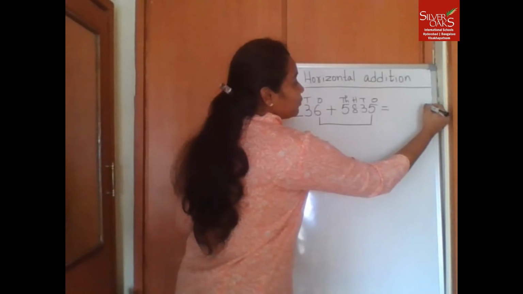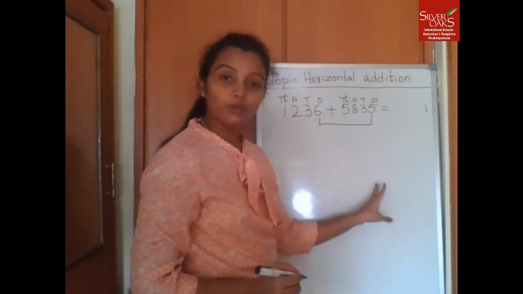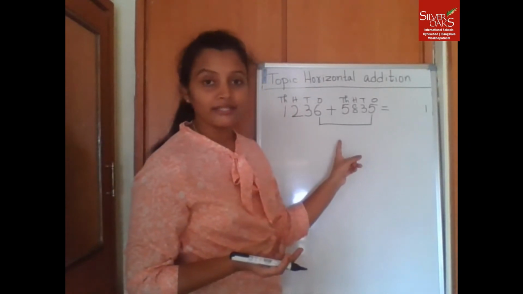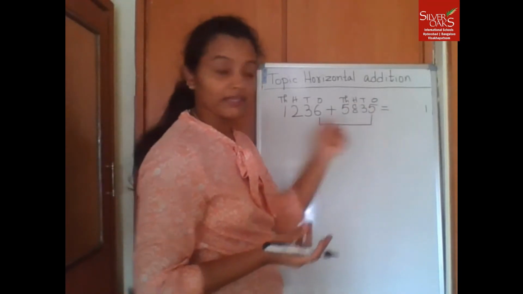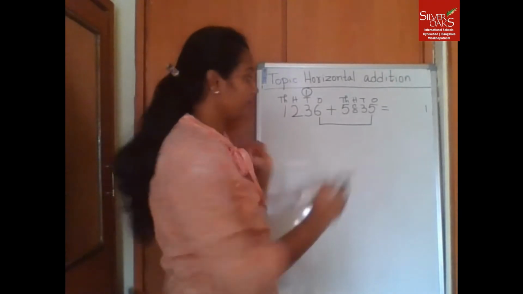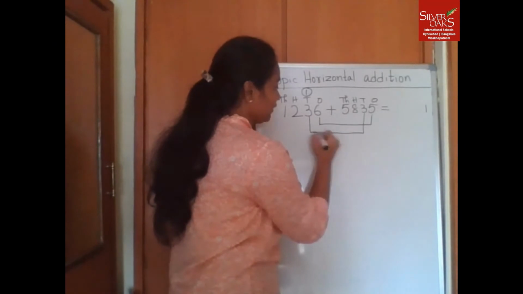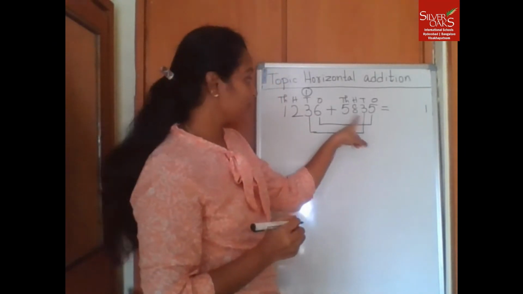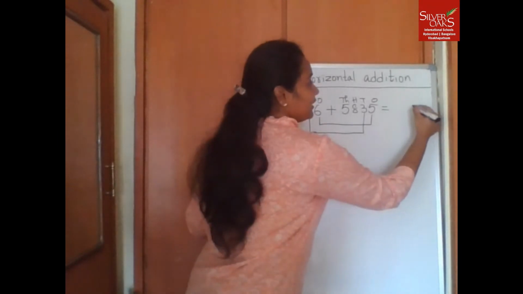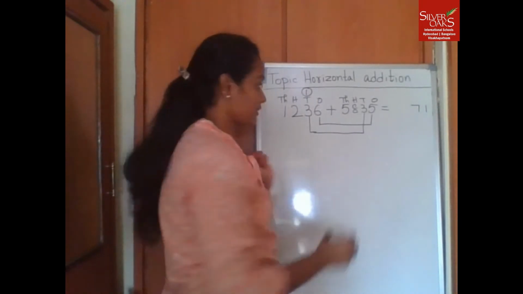So write 1. When you write them vertically and get a 2-digit number in ones place, what do you do? You take a carry to the tens place, right? Now also take the carry to the tens place. Write 1 here. Okay. Now add tens place. Here 3 and here again we have 3. So doubles. 3 plus 3, 6, plus 1, 7. Write in tens place. After tens place, hundreds place.